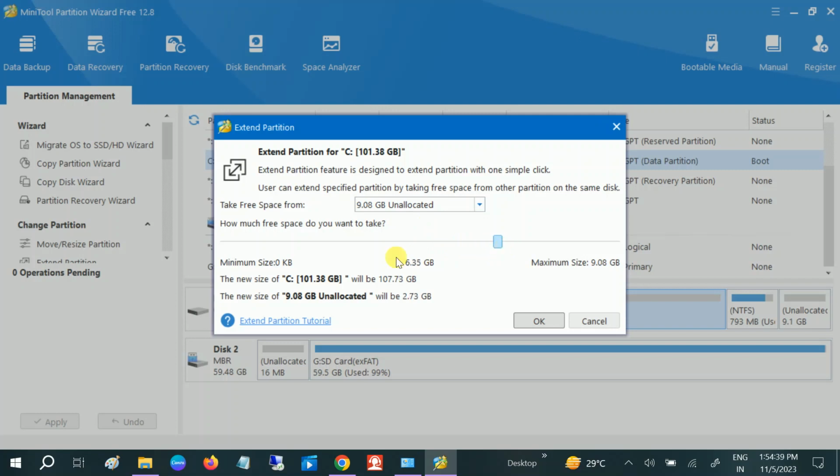Let me take it from the drive, 6 GB, 7 GB. Okay,